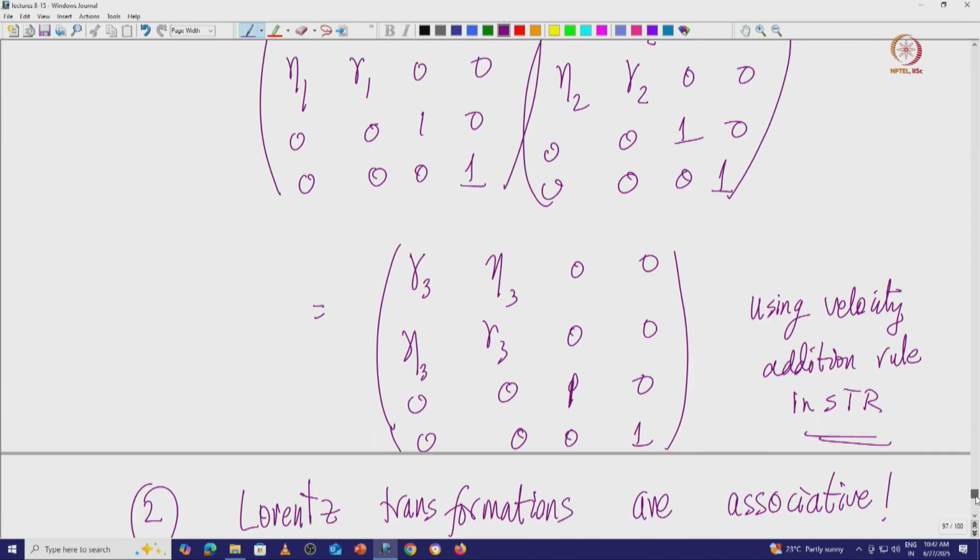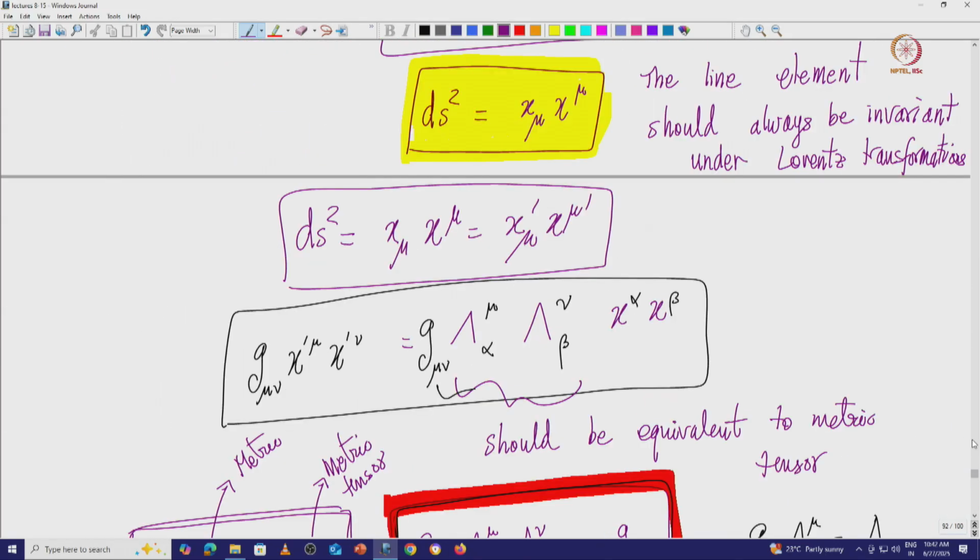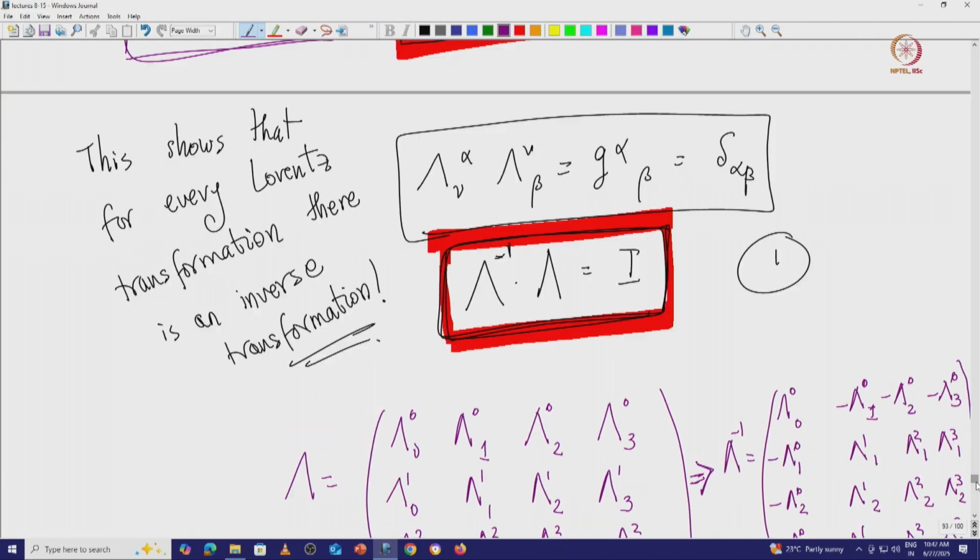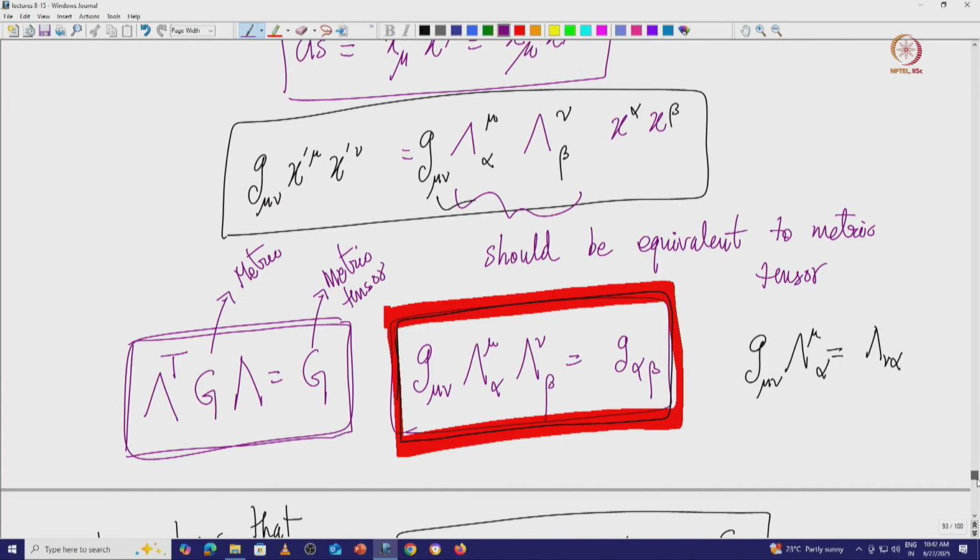Let's look at some basic features of the Lorentz group. The Lorentz group has much more interesting structure than just Lorentz transformations themselves. Studying it the way we did earlier, where we wrote things down in terms of gamma and beta gamma and so on, we may not understand completely the properties of Lorentz transformations.